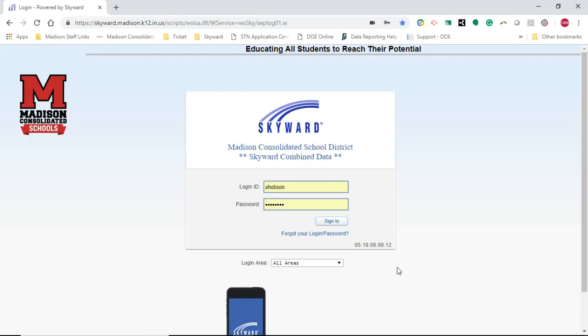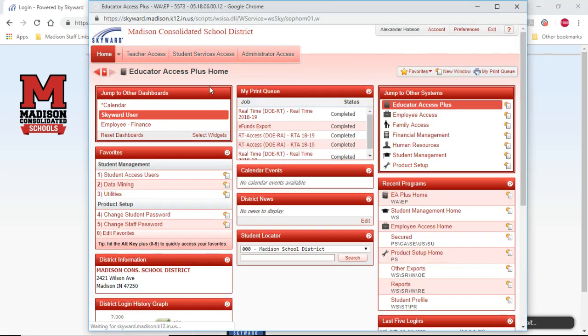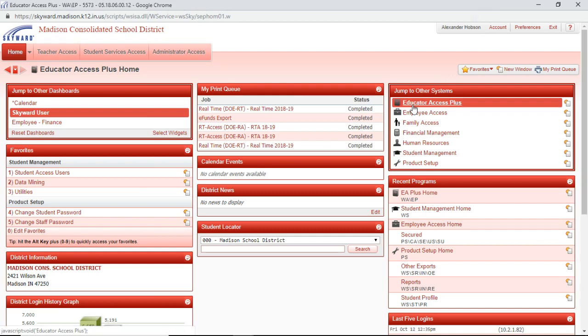Hello, in this video I'm going to cover the main screens of Skyward. So once you get logged in, Skyward will take you to the last section that you were working in. So if I click sign in here, it's going to take me to Educator Access Plus. This is the last place in Skyward, the last system that I was using, so it's going to take me